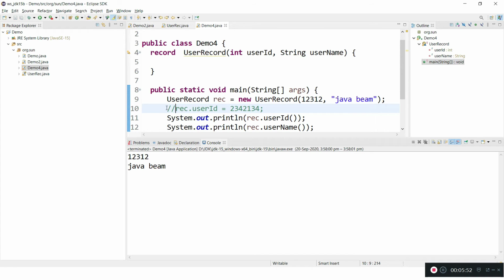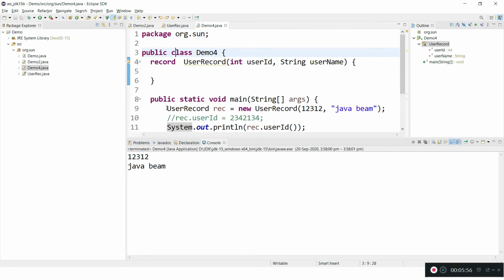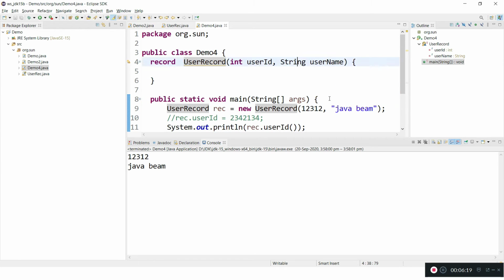A record can be created at the class level, outside the class, inside the class, or inside a method. Wherever we want, we can create a record and use that record object, and it's immutable, so no need to give any protection here. Once the object is created with the data, it cannot be changed. And inside the record, we need not create any constructor, all are implicit.